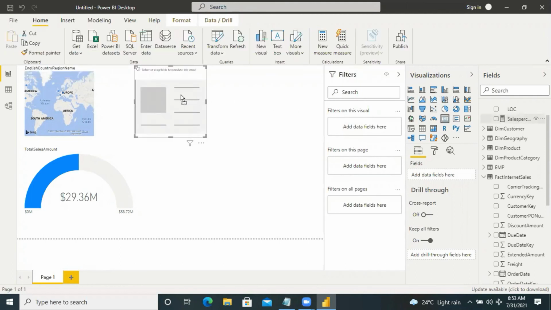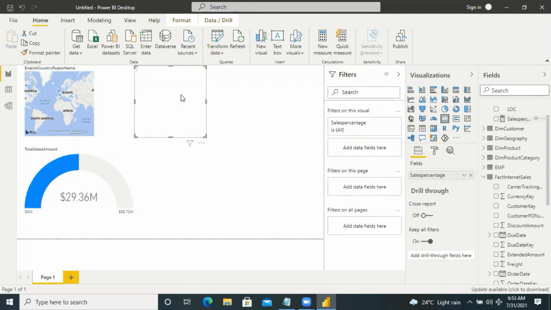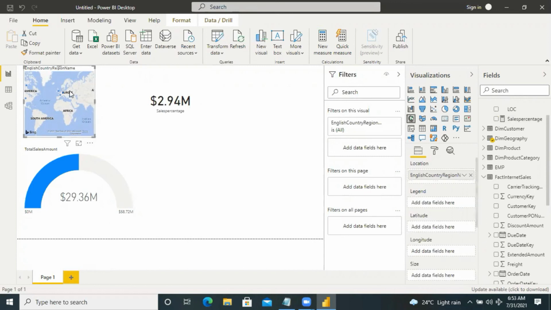Then drag the sales percentage field to the chord measure. Sales percentage measure. Using the chord measure here, we can take different visuals. This is the sales percentage.